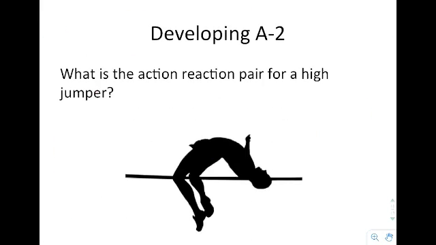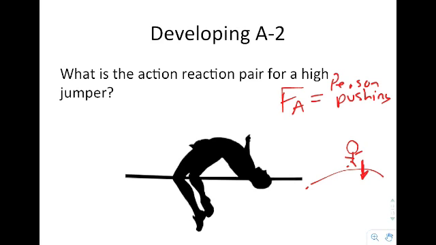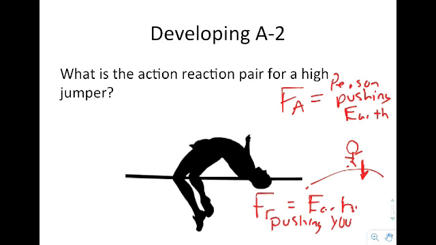Next, it says, what is the action-reaction pair for a high jumper? And this one is kind of interesting because it's a little bit confusing. Whenever you exert a force on the ground, you are the action force. So the action force is the person pushing Earth. The reaction force is the Earth pushing you, which is kind of weird. But that's the reason why when you exert a force on the ground, so you're pushing down, your body moves